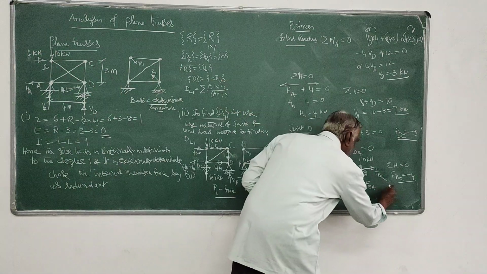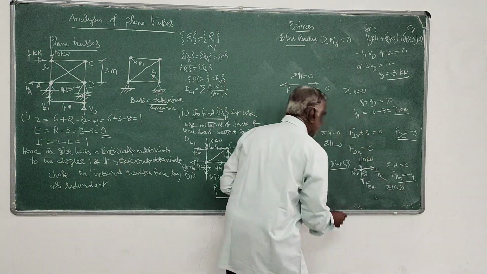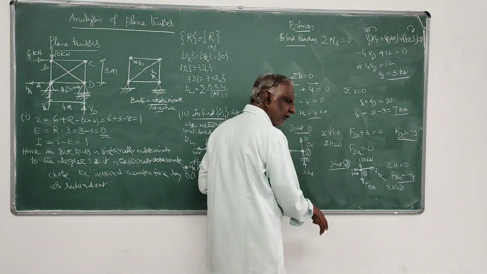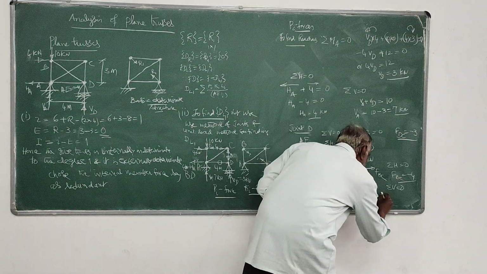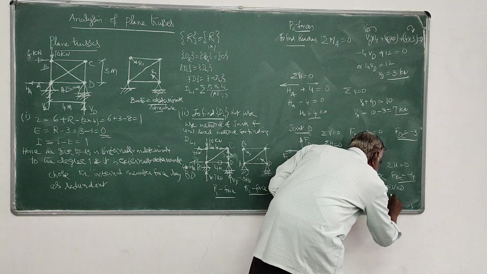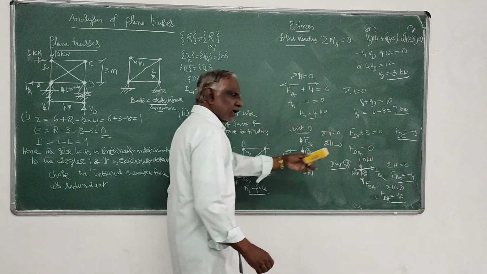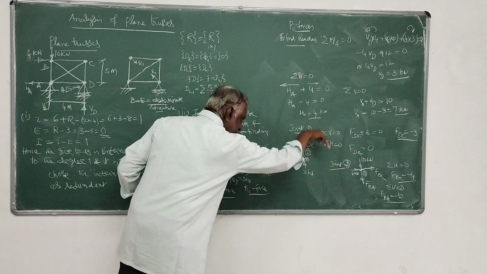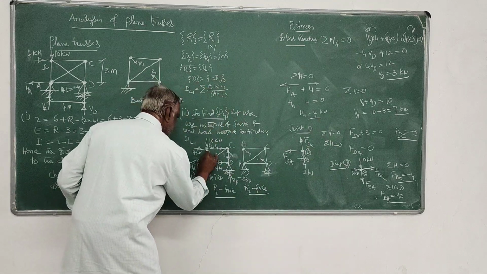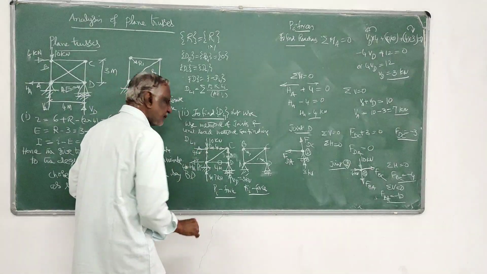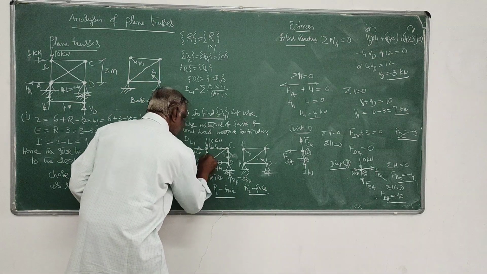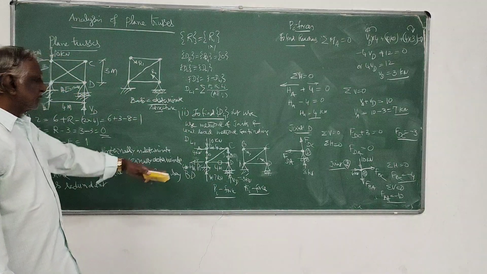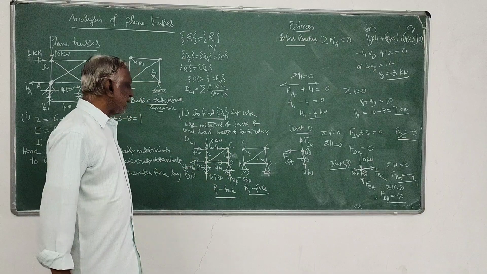Next, take sigma V equals 0. That is now FBA plus 10 is equal to 0. Therefore, FBA is equal to minus 10. Here also it is minus. So whatever direction I have assumed, that FBA is down, I have to reverse it. It has to be up. Here also it has to be this side. So this is 10 kilonewtons. Then the member forces at B I have already determined.